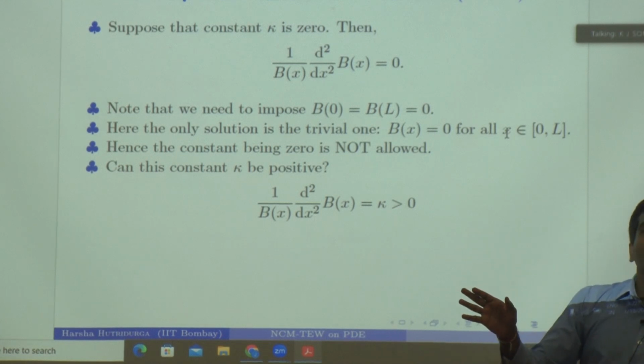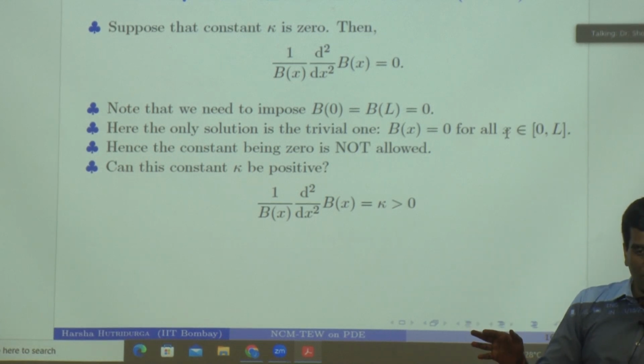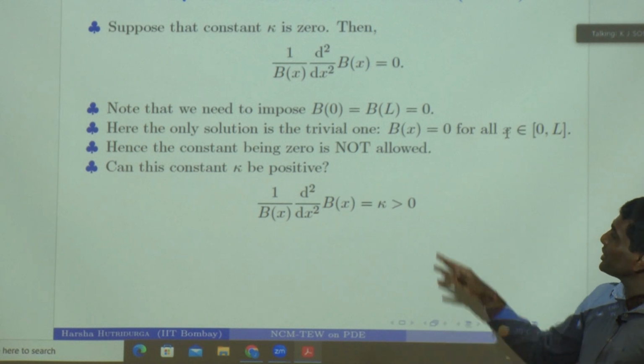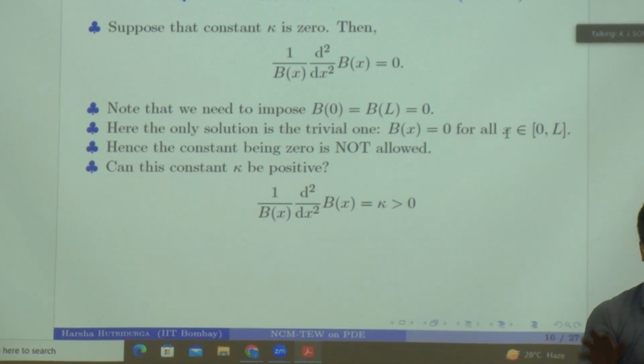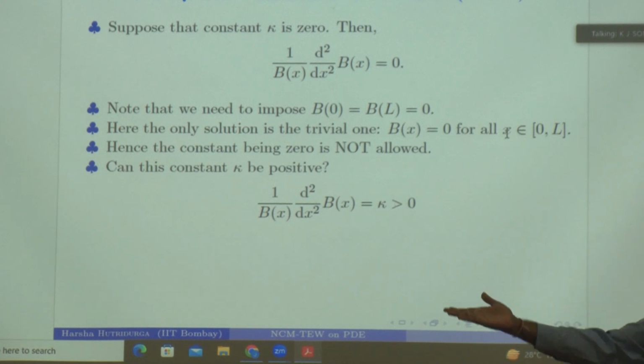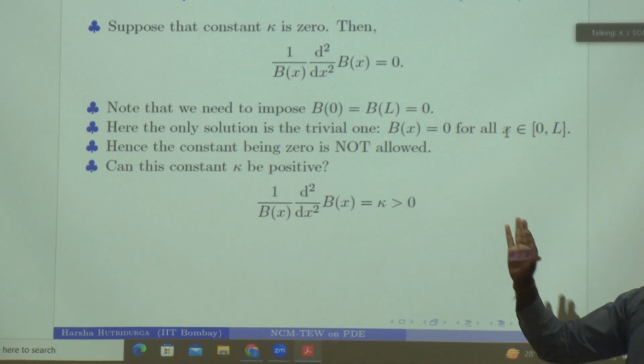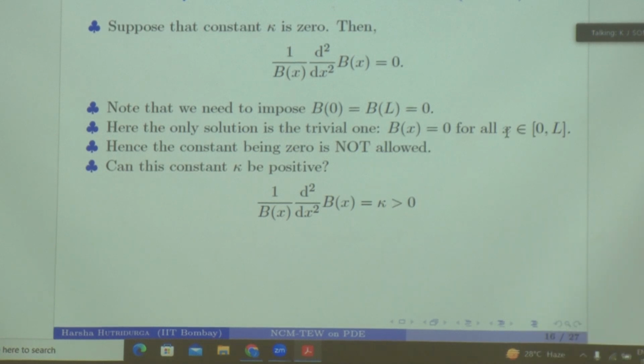Yes? Can we take kappa complex also? No. You may be able to, but as I told you, I never take complex things, because we are taking a and b to be real valued functions. And there is that ratio, and that ratio cannot suddenly become complex. We are asking only for real valued functions here. Okay, sir. Thank you, sir.